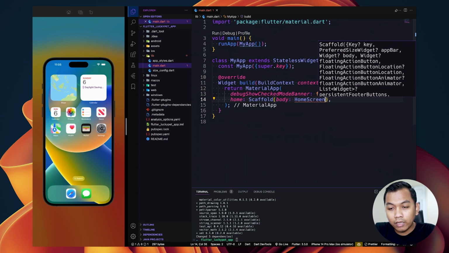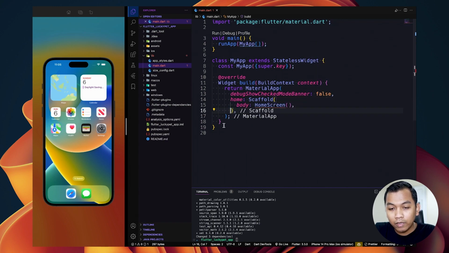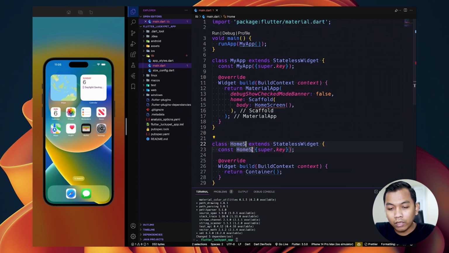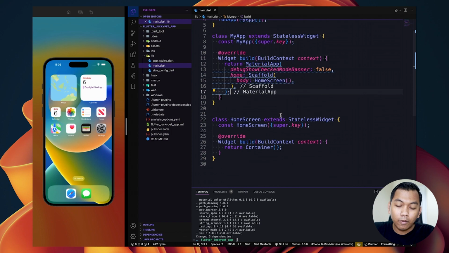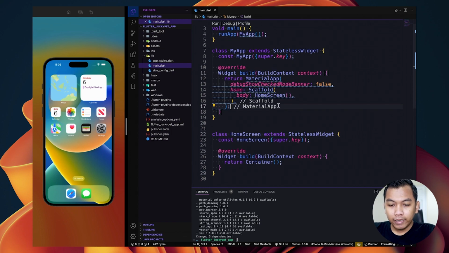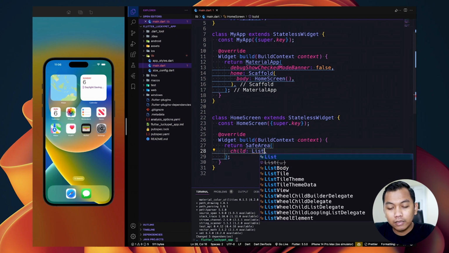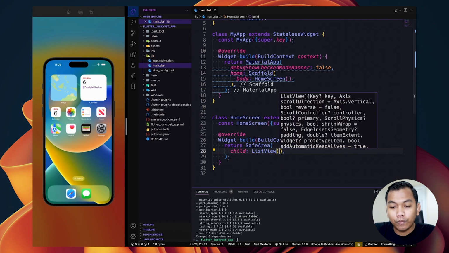For body, let's say HomeScreen, and let's create a new stateless widget again, HomeScreen. Next let's go to HomeScreen first, and inside this HomeScreen let's return SafeArea. SafeArea has a child, and let's add ListView.